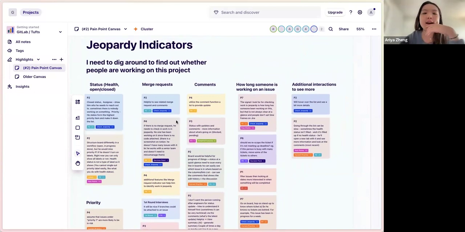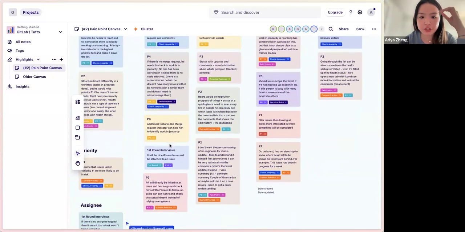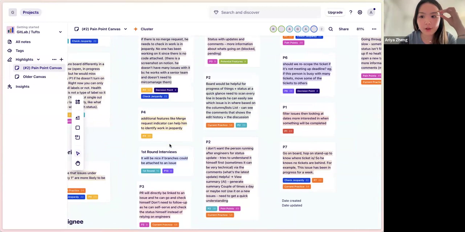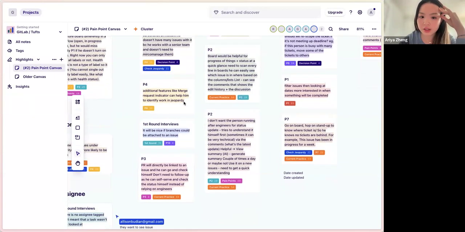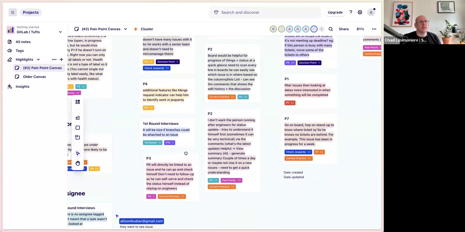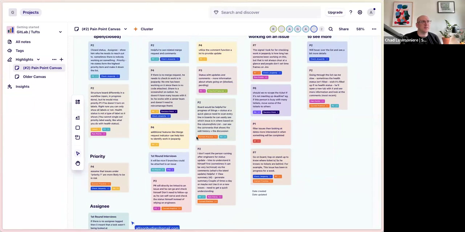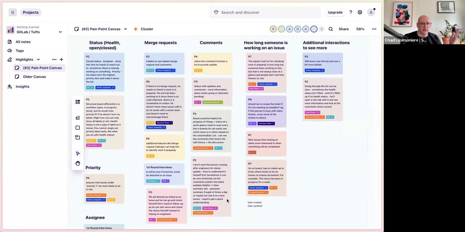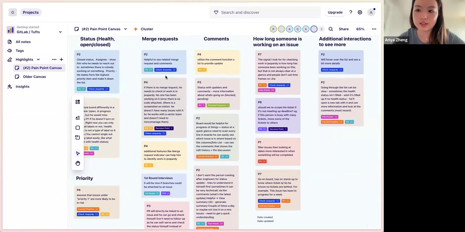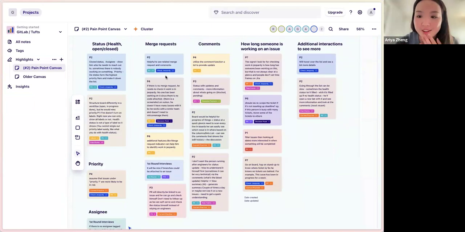I see. The other jeopardy indicator is merge requests, like what Allison mentioned earlier. I don't know if there is currently a merge request indicator on issue boards, or if people simply don't know about it. I don't think there is. It is something I could talk with Nick Brandt about, because there are a couple of pieces of metadata like that that aren't on the card on a board, but are on card-like representations of issues.